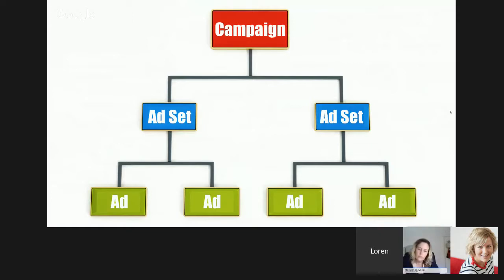We might do 2 ads, and one might have an image of, maybe it's yourself looking straight at the camera, all smiley, and then the other one might have an image of a beautiful sunset or something else. And you'll run the 2 ads concurrently and see what are people resonating more with. Is it the picture of you, or is it the picture of the beautiful sunset? And then you can turn things on and off based on which ones are performing better.